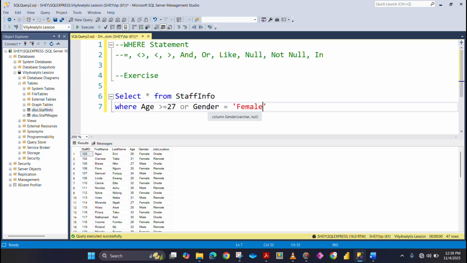Or gender is equal to female. However, if we use only an AND, then we only have that for female, because we have used an AND, which implies we only want to see the females that fall under this particular age range. Okay, so